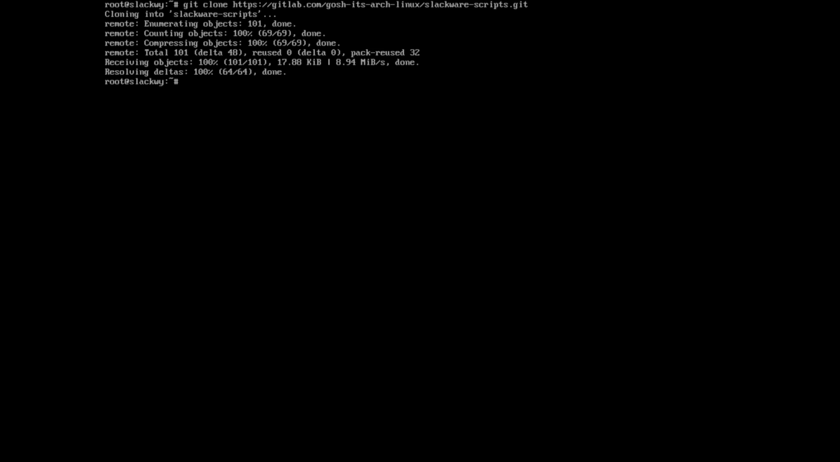So I'm going to do git clone https gitlab.com, it's arch-linux, slackware scripts.git. It's going to clone the repo, and if I do a list here, you can see I've got the Slackware scripts. I'm going to change into the Slackware scripts directory, and I'm going to go into Slackware 15